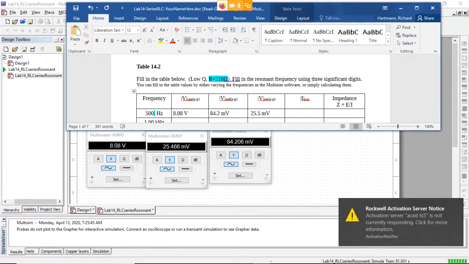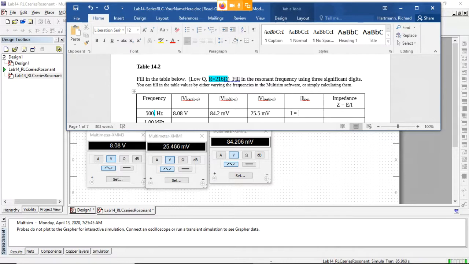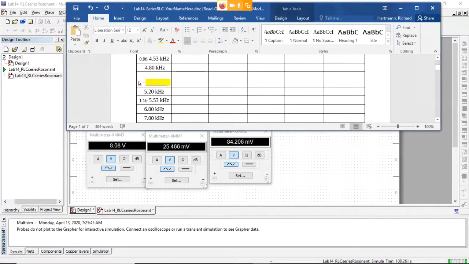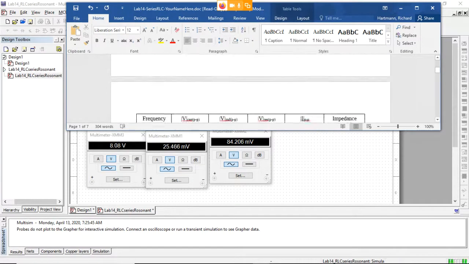Remember Ohm's law tells us that the current I is the voltage across the resistor divided by the resistance. And then you can calculate your impedance using E divided by I and just fill out this table. And then once you've filled out the table,